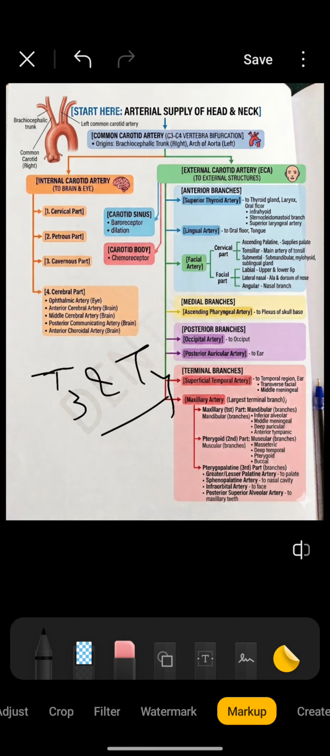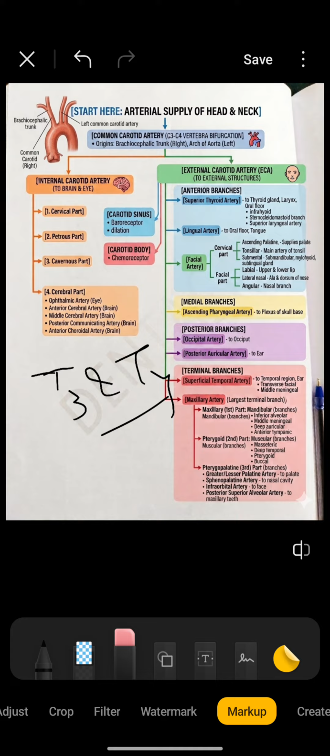This is the arch of aorta, after which it is subdivided into right side and left side. This is the right side, this is the left side. On the left side, there are direct branches from the arch of aorta: the left common carotid artery and the left subclavian artery are the two branches of the arch of aorta on the left side, whereas